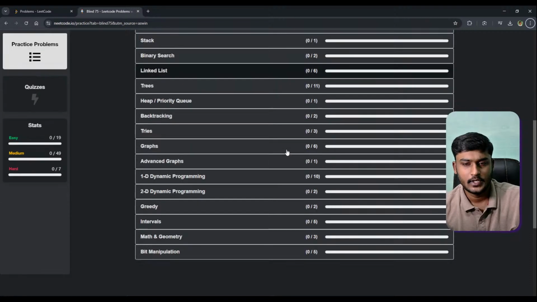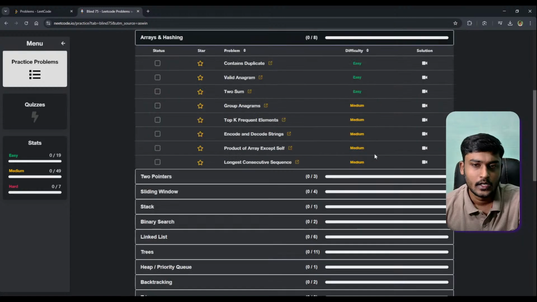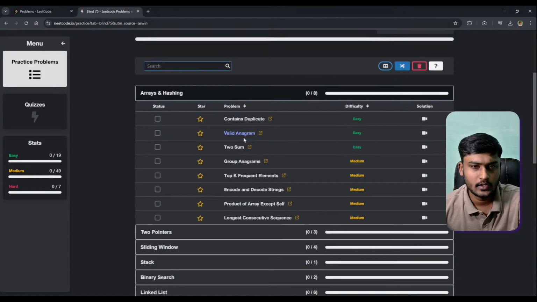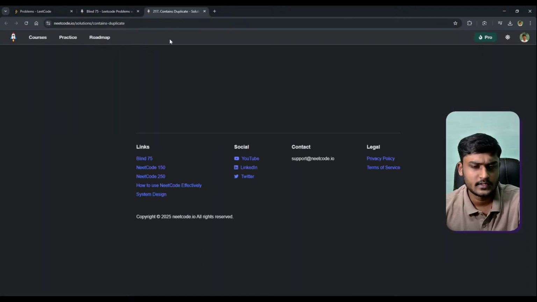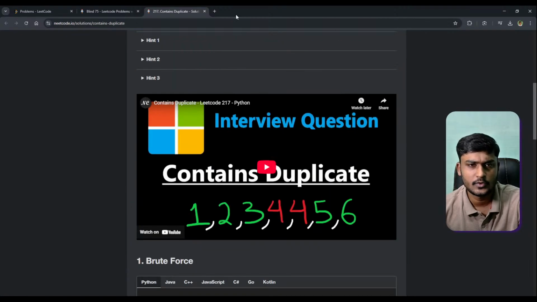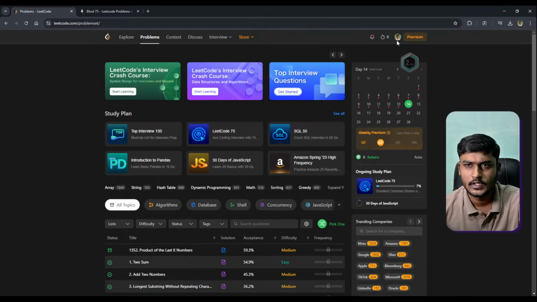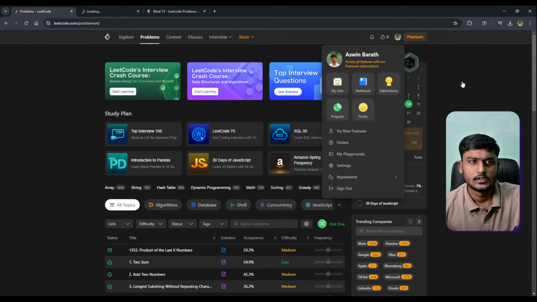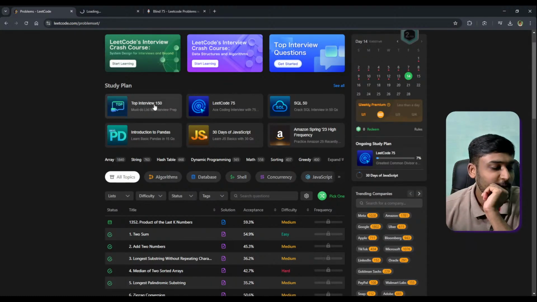I just like this platform because he has organized the list of problems very neatly, and so as you can see, there's a link to the LeetCode problems, difficulty rating, as well as the solution. So in case I don't know the answer, I can just review it once, go through the video explanation as well. So I've just opened this up. Here's the LeetCode platform. Let me just go through my old profile progress.